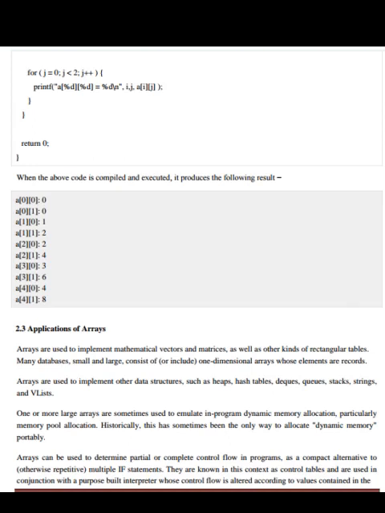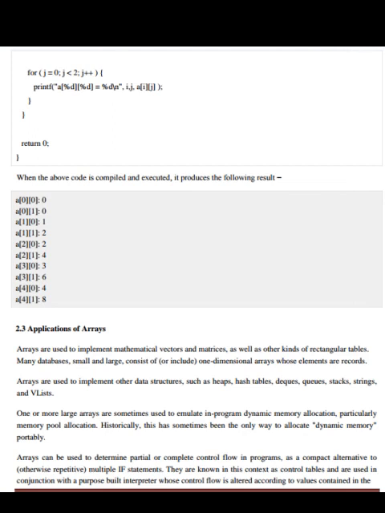Now let us see applications of arrays. Arrays are used to implement mathematical vectors and matrices as well as other kinds of rectangular tables. Many databases, small and large, consist of or include one-dimensional arrays whose elements are records.